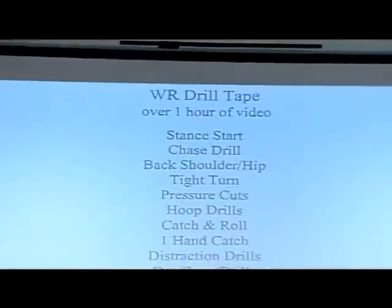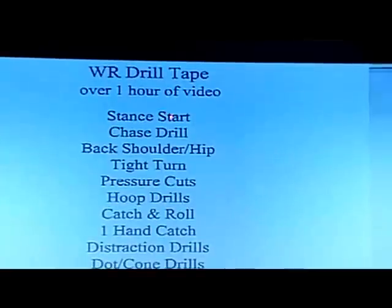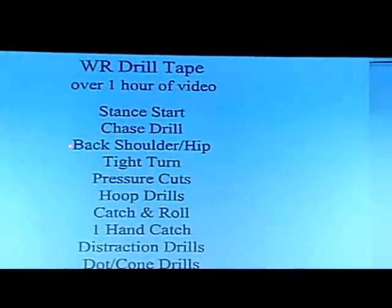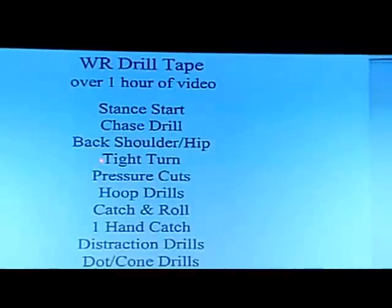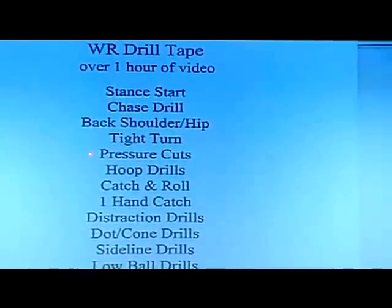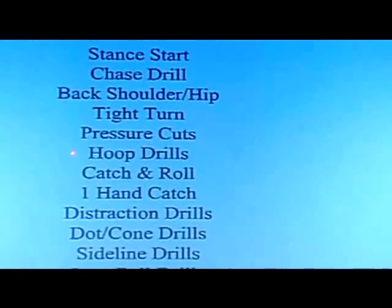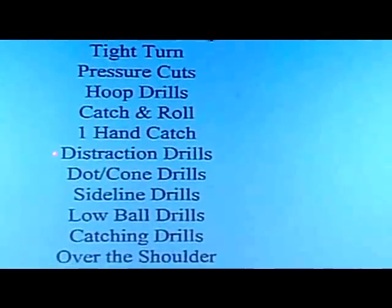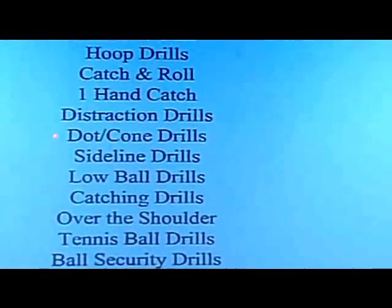Now we're going to get into actually what's on the tape. As we see here, the various things we're going to try to cover on the tape with over an hour's worth of drills start with the basics of stance and start, a chase drill where we try to eliminate any false steps, the throws that are tough to the back shoulder and the back hip, the tight turn where you catch the ball and get upfield, pressure cuts where you have to lean in and out of breaks and also against defenders, some hoop drills, catch and roll, one-handed catches, distraction drills, dot and cone drills for cutting and ball